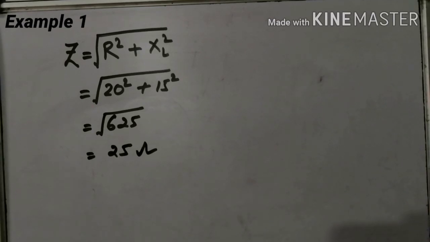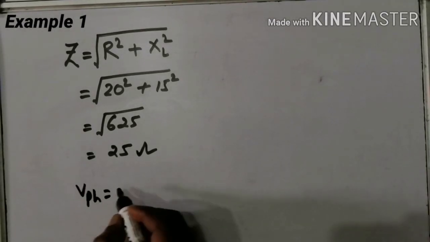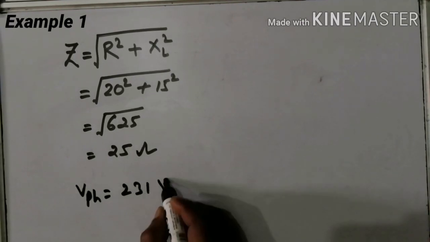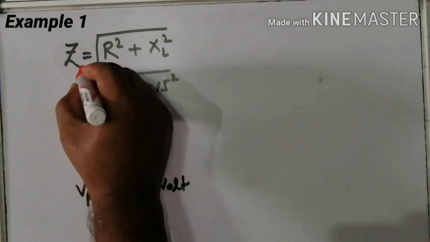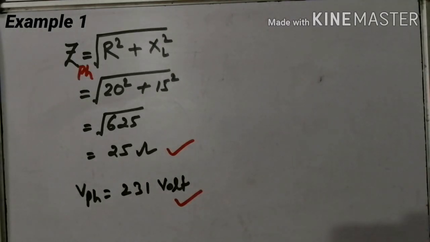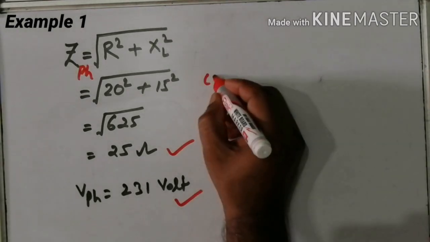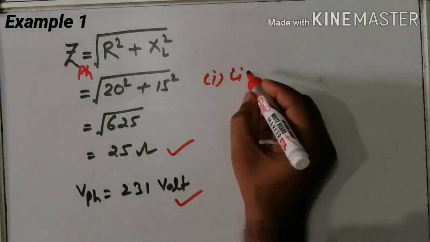I have already calculated the value of the phase voltage is 231 volt. So with the help of phase impedance, that is ZPH, and VPH, we can calculate the first part, that is your line current,